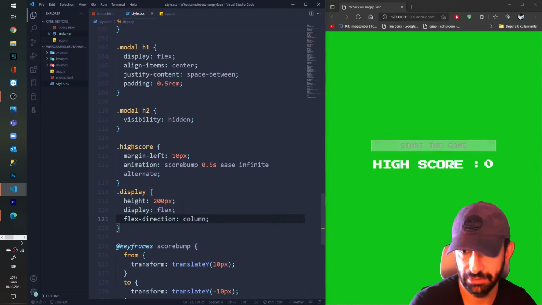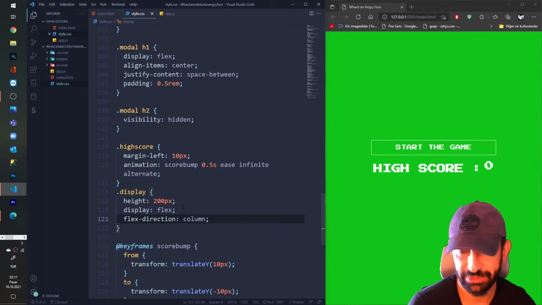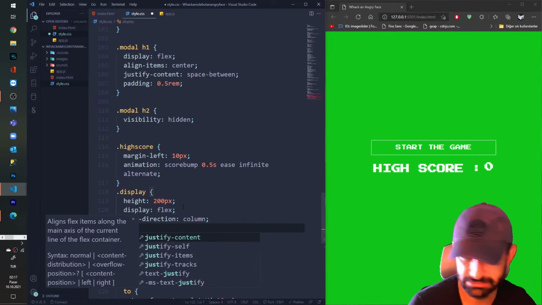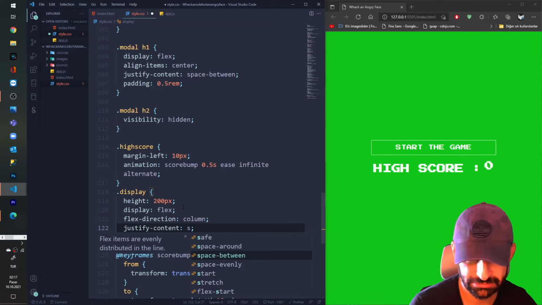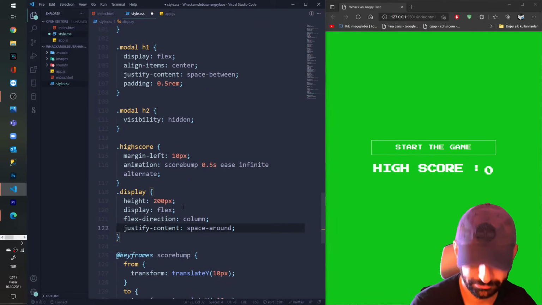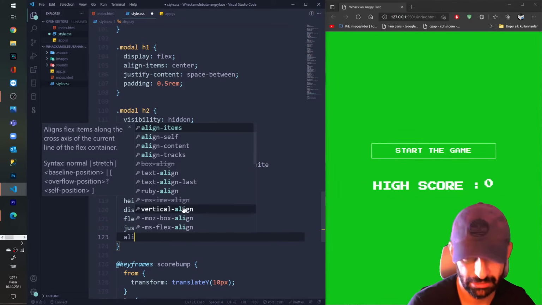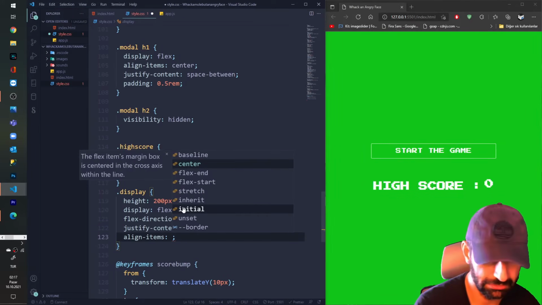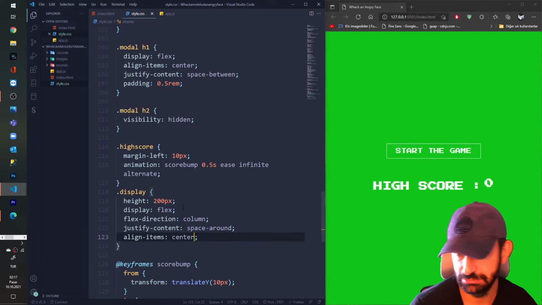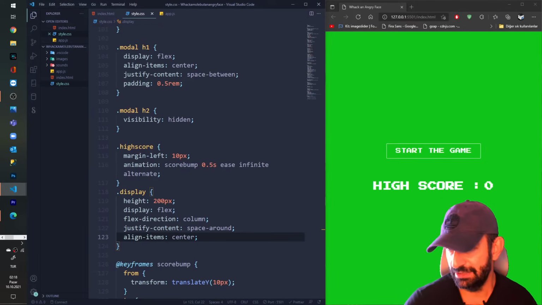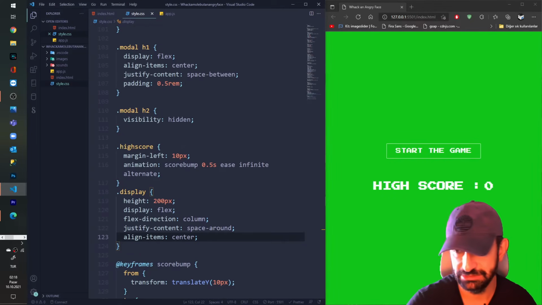Sorry. Yay, that's better. Justify content. Space around. Yes, and align at the center. Yeah, that's better. Sorry for my mistake. I forget to style my div, and we are moving on.